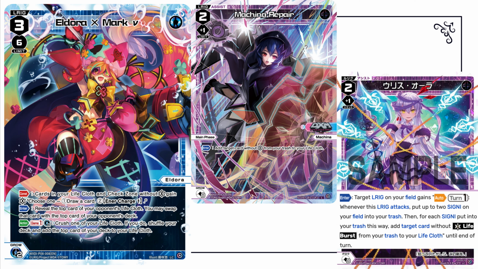Okay, so what do you do with that? Well, Machina Repair is really good because you basically just take a card, and again, it's specifically a card without life burst, and you put it onto your life cloth. So this basically prevents 1 damage and gives you 1 enter. However, with Eldoria, it prevents 1 damage and gives you 2 enter, or prevents 1 damage, gives you an enter, and lets you draw a card. That's pretty fantastic, in my opinion, for just a steep cost of 0. The other one is a